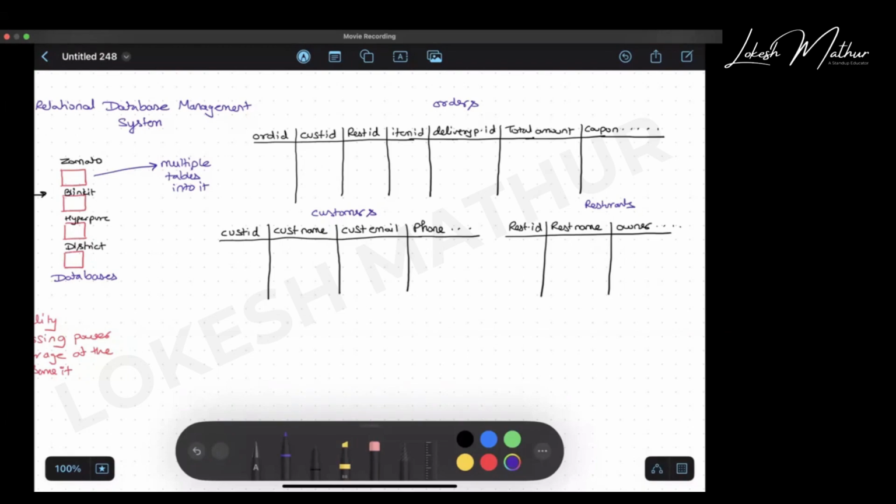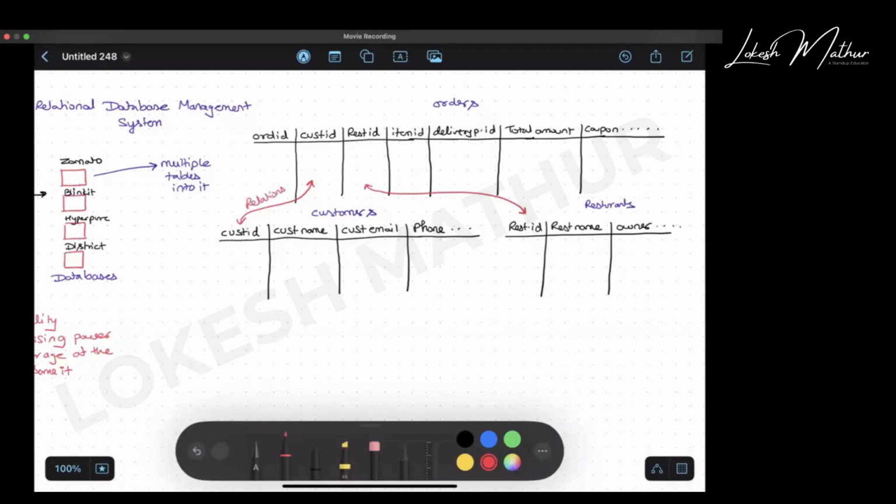Can you see some kind of relationship that exists between these tables? I can create a relationship between this and this table using this customer ID. I can create a relationship between this restaurant and order table using restaurant ID. And these are known as your relations.